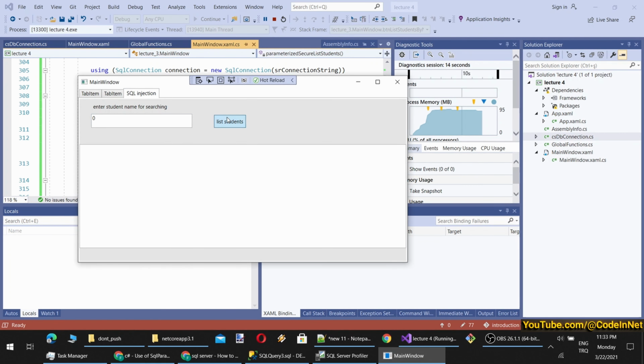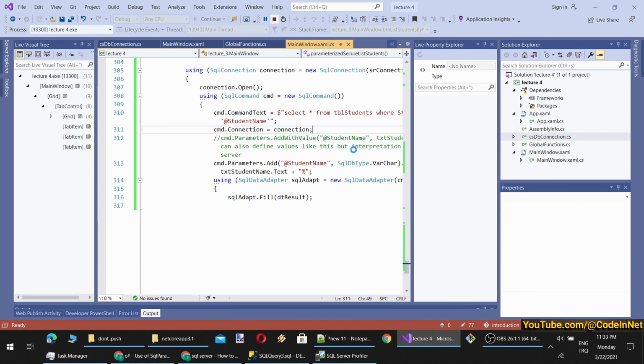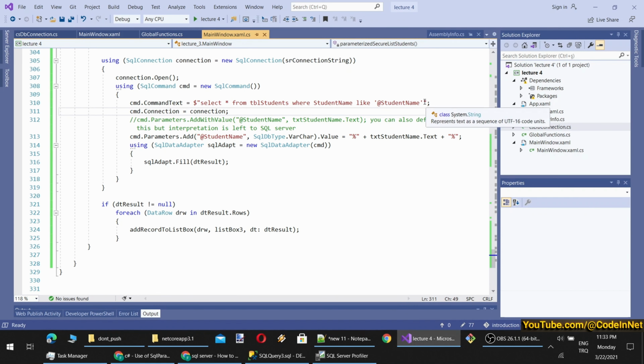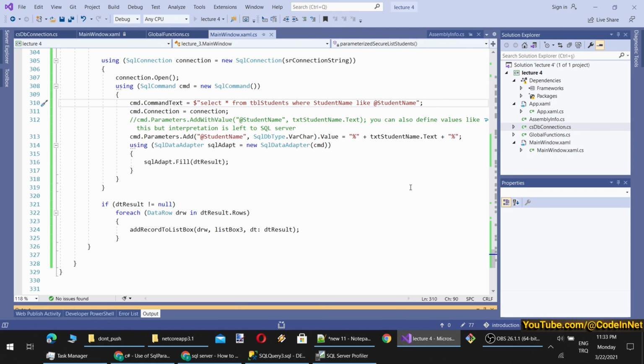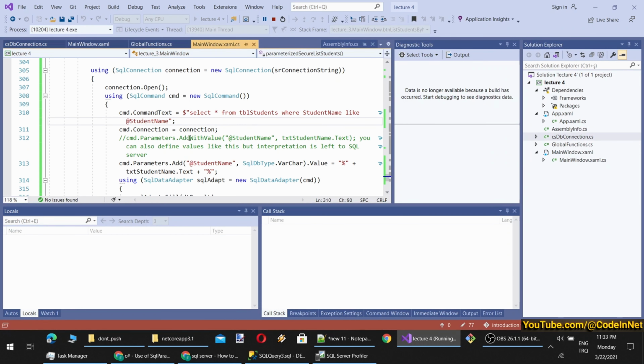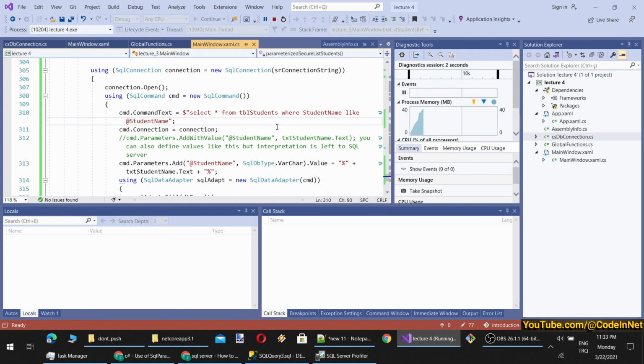Okay, and now since we have added it, we don't need this anymore, because you see, we used it to define a string. Now, when you are doing a parameterized query, you don't need to put that string because the SQL Server is handling that part. So the query is becoming like this.